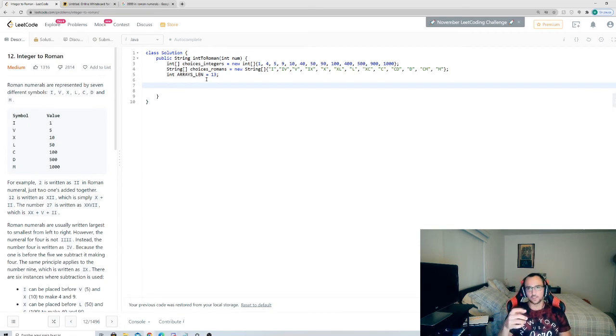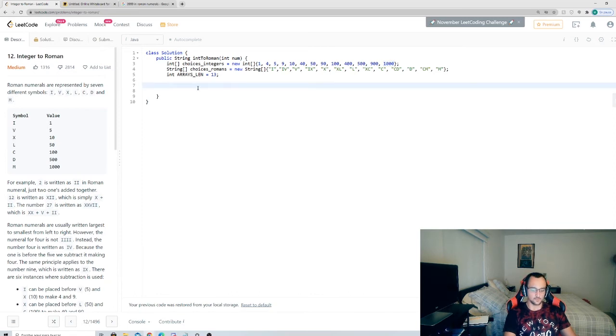And so what we're going to do actually is write a for loop that goes from the very end of this array here, and it'll try to subtract the value that is at the very end of the array until subtracting that value from nums would yield a number that is less than 0. That means that if the number is less than 0, it cannot be used to represent the number anymore. So at that point, we will just move on to the next number, and then we're going to keep doing the same thing over and over again